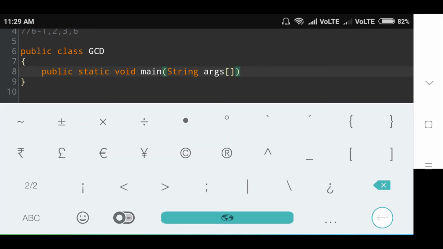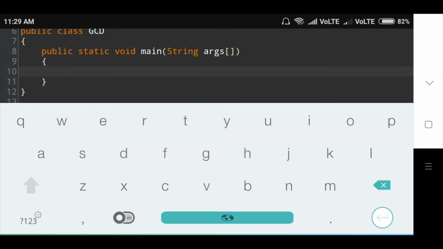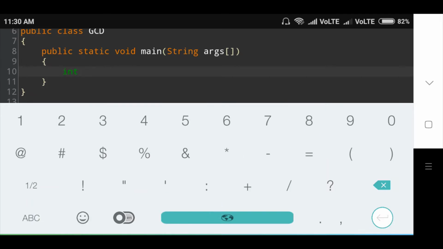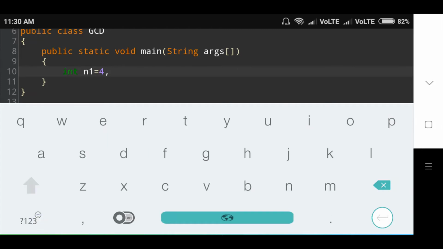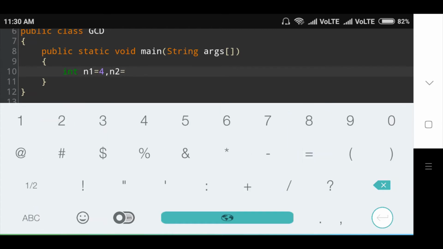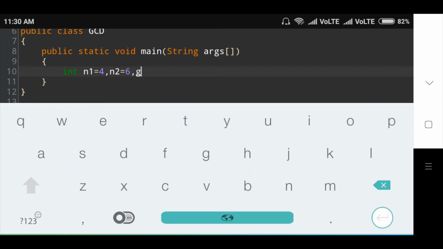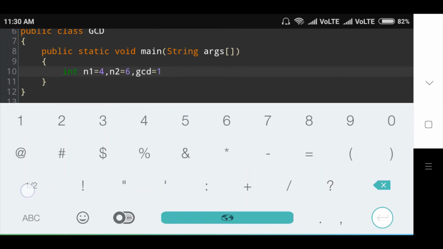Then in that, I am declaring integer variable int number1 is equal to, and in this variable assigning value number1 is equal to 4 and number2 is equal to 6, and GCD is equal to 1.